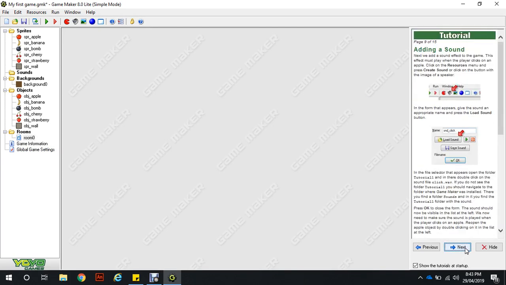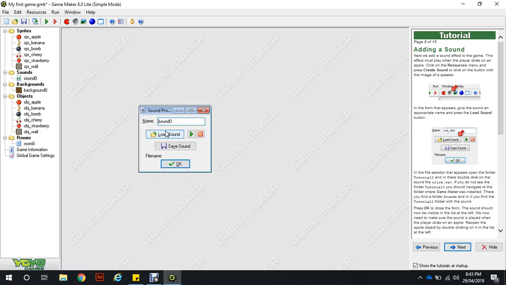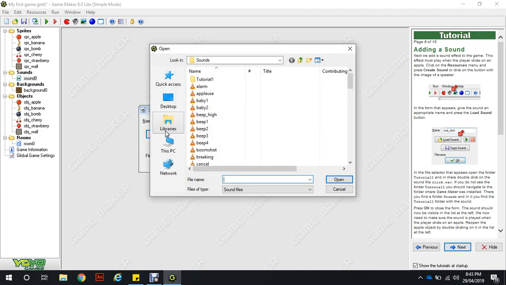Now, moving on, adding a sound. Now, I'm going to show you how to do it, but this sounds really annoying, so you don't have to do it. We can add a sound effect to the game, so we click on the speaker icon here, which is create a sound, and we're going to load a sound. Now, it gives us one that we can use. It is called